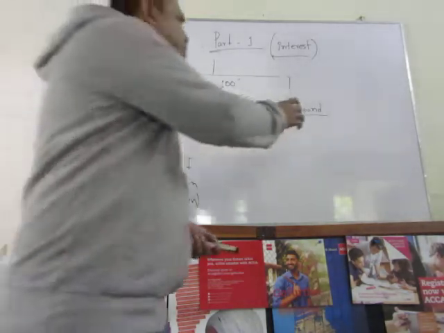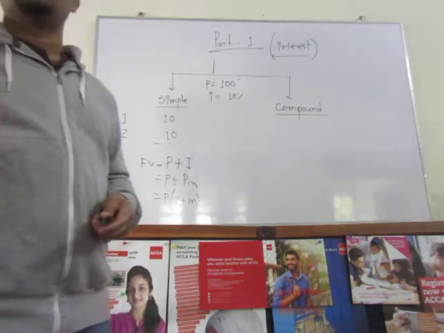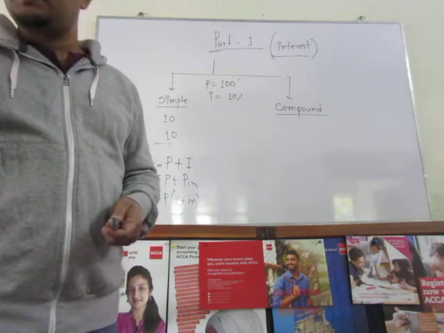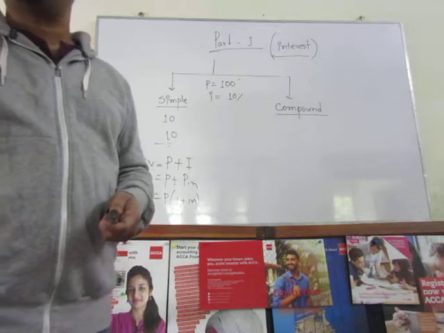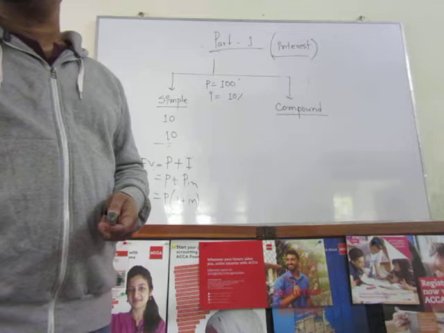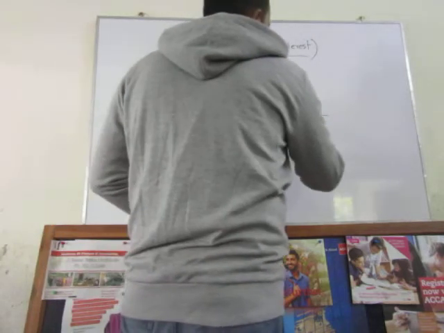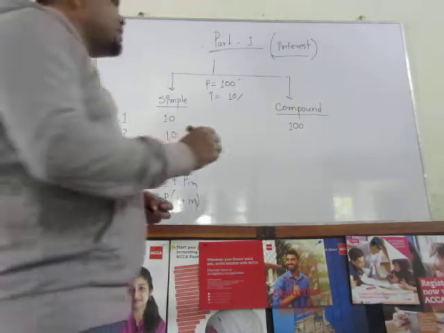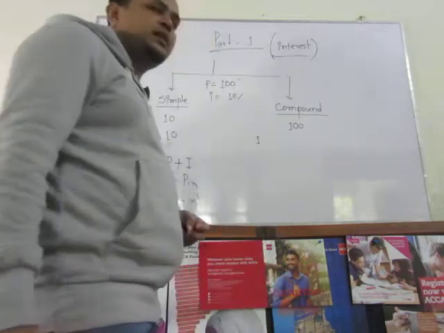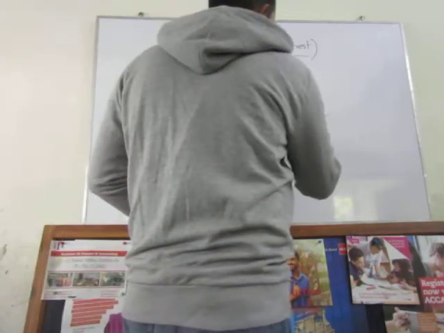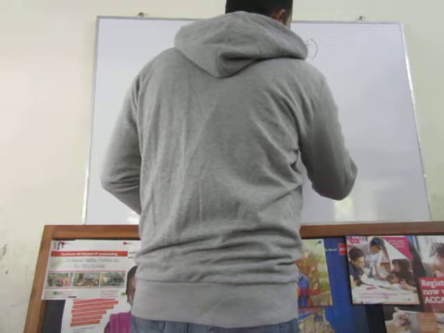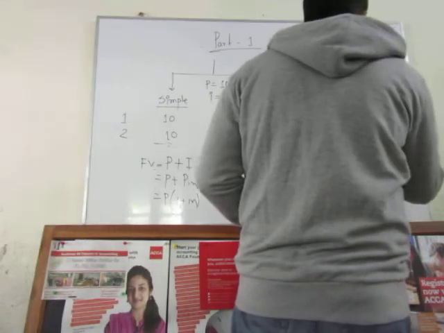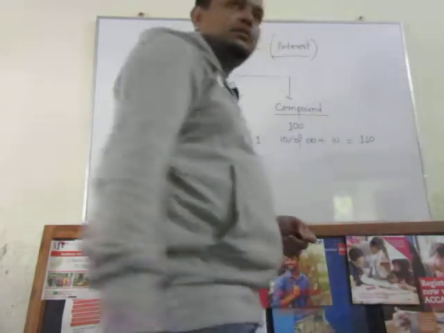So in the case of compound interest, each and every year you are charging a percentage of interest on the total sum of investment that is there in that year. First of all, suppose for example you invested $100. In 1 year, interest is 10% of 100, that is $10. So 1 year later your total amount will be 110.